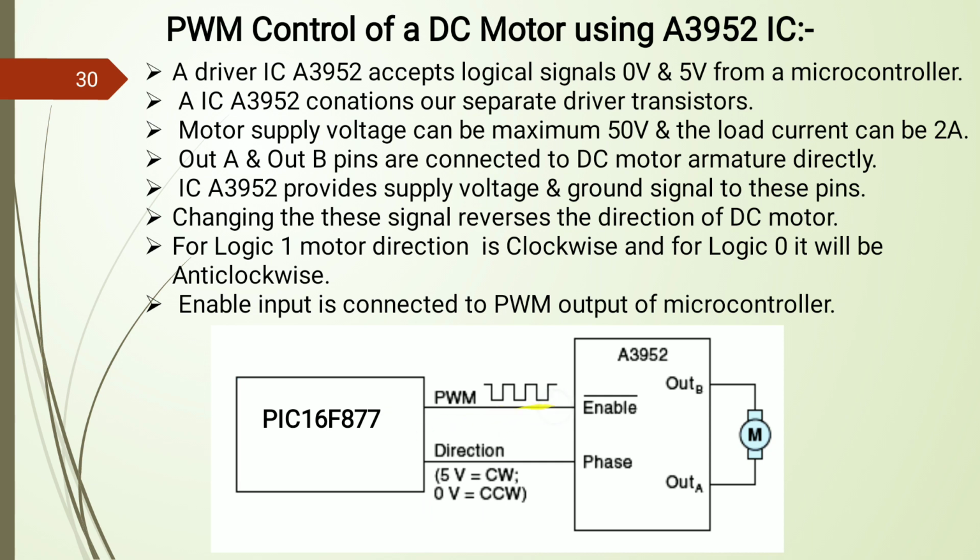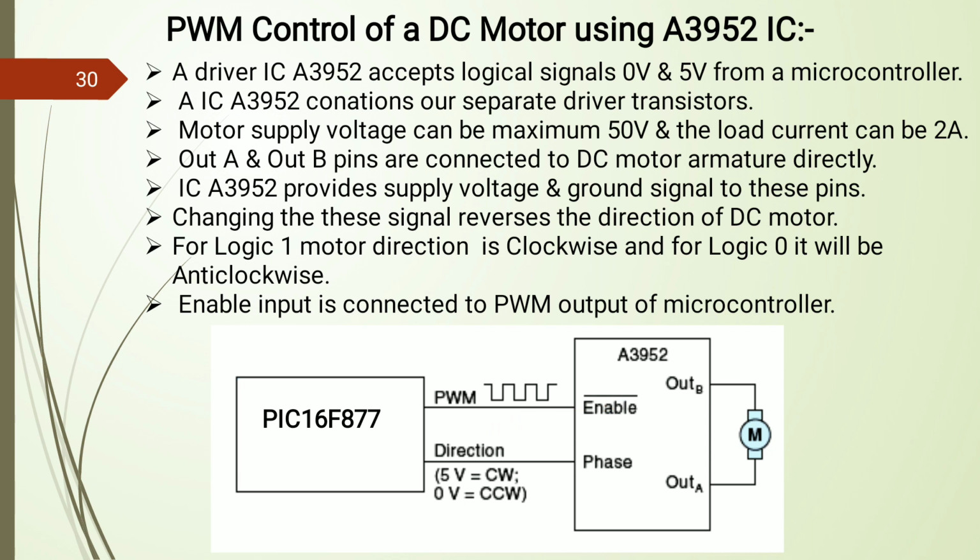And another pin coming from the controller side is PWM, so it will vary the duty cycle. According to that, we are able to vary the speed of a DC motor. So here the duty cycle variation is done with the help of two different delay loops, which are used if we are normally taking the LED blinking program. For that purpose, if we are blinking the LED for some time, that is on time and off time of an LED, and if we vary that particular on and off time, according to that we are able to generate a PWM pulse.